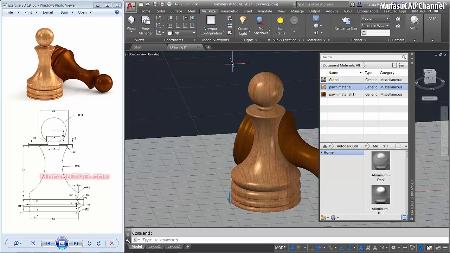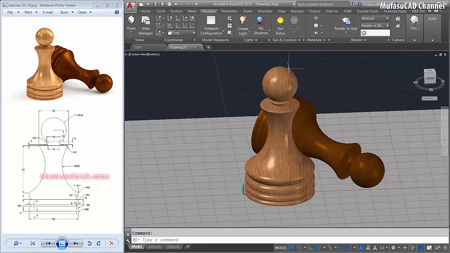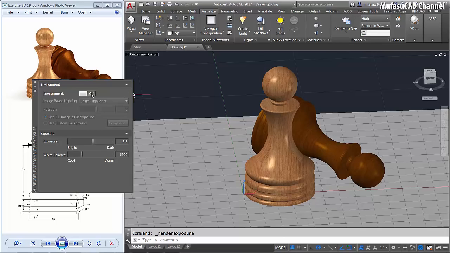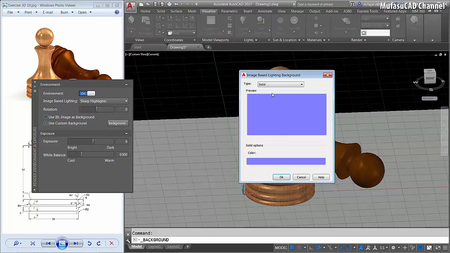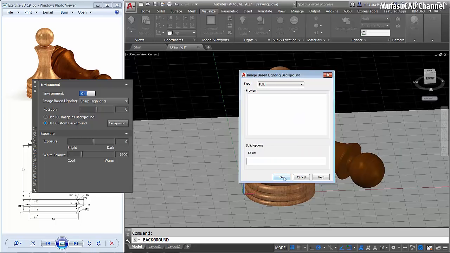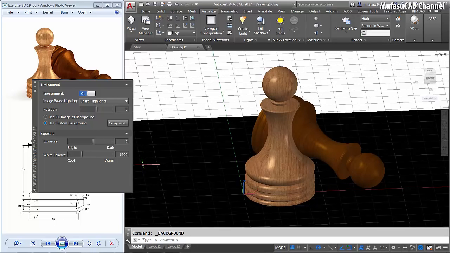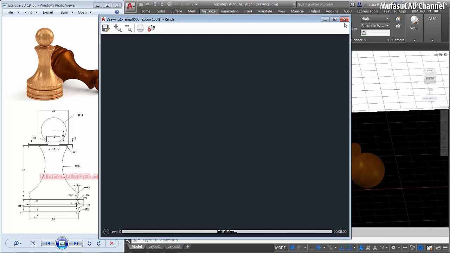Okay, next we try to render this object. I will activate full shadow and then use the Haiku renderer. Environment, I will activate environment and change the background into solid and then white. Okay, change to white here. Okay, and then exposure 9 is okay. Close, and then we try to render this object. You can click here. Waiting for rendering.